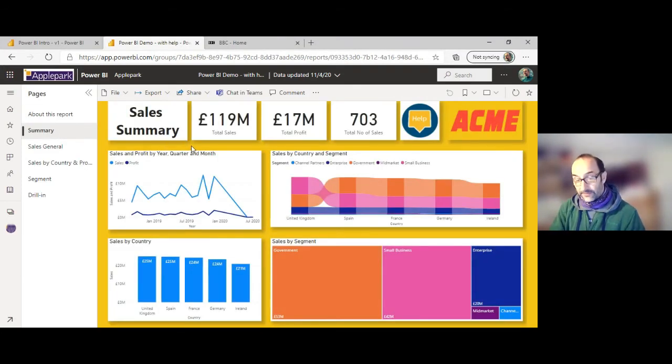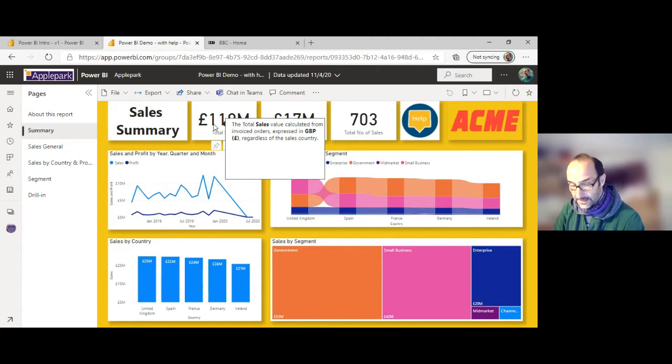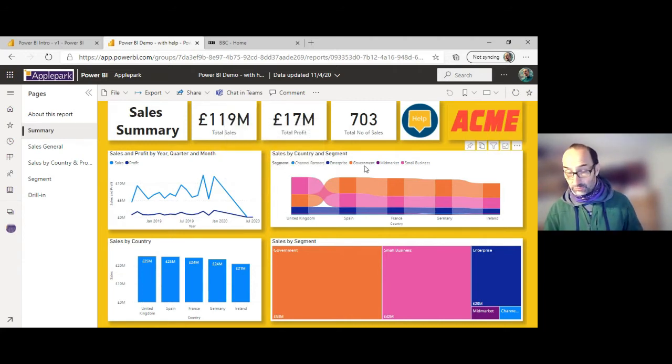So if I mouse over, if I'm thinking about total sales here, which is expressed on this visual in pounds, then I can just bring a tooltip up when we hover over. It says, in this case, the total sales, things are bolded, value calculated from invoiced orders, expressed in Great British pounds, regardless of the sales country. So that's what that £119 million means.